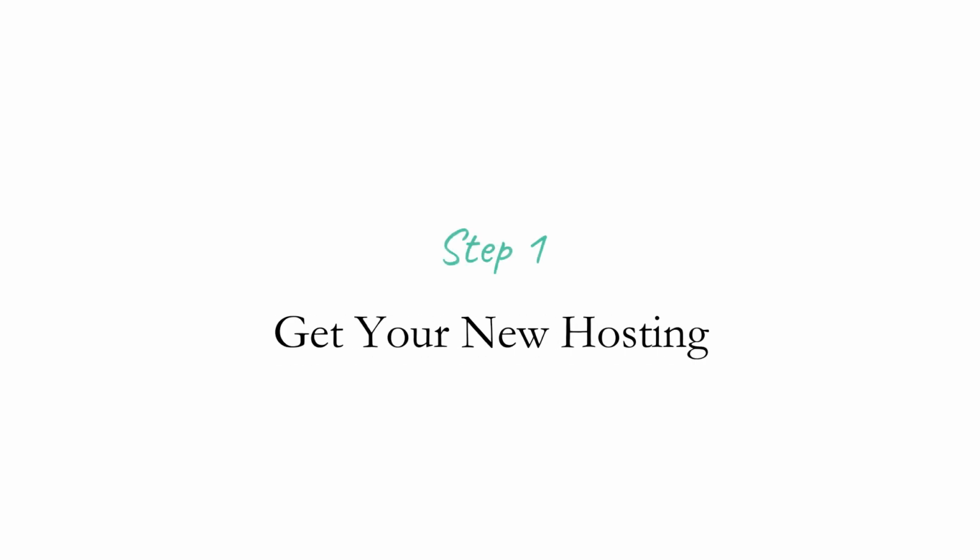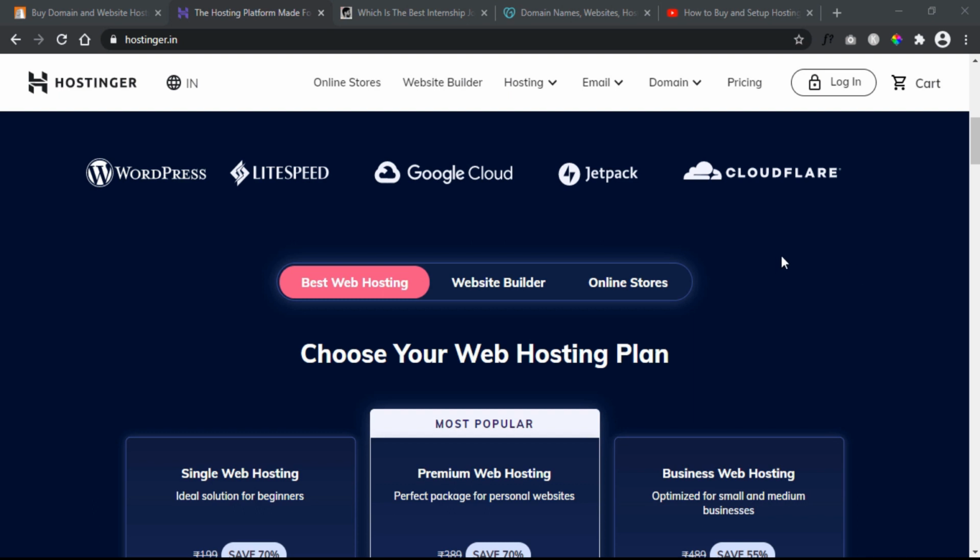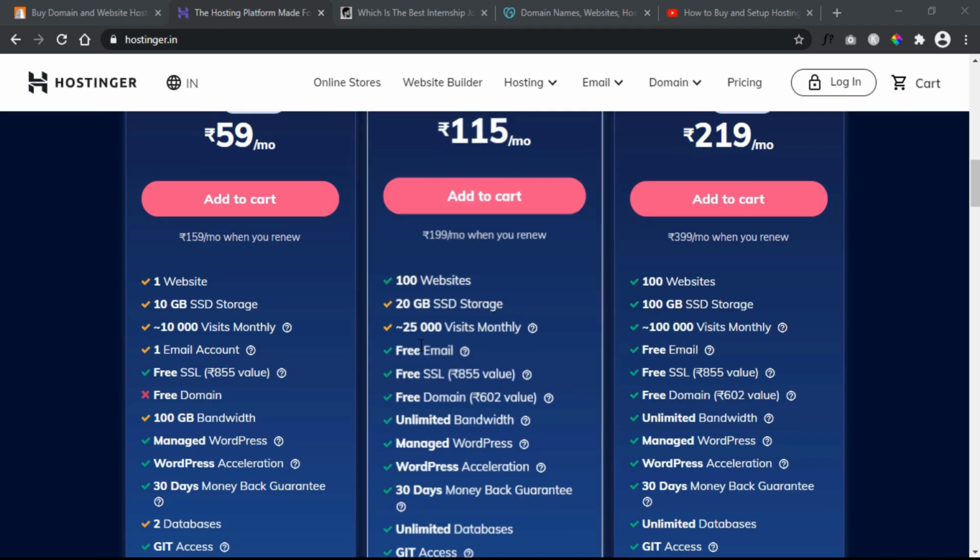Step 1. Get your new hosting. There are many other sites, but I recommend Hostinger because you are gonna get many features like email, free SSL